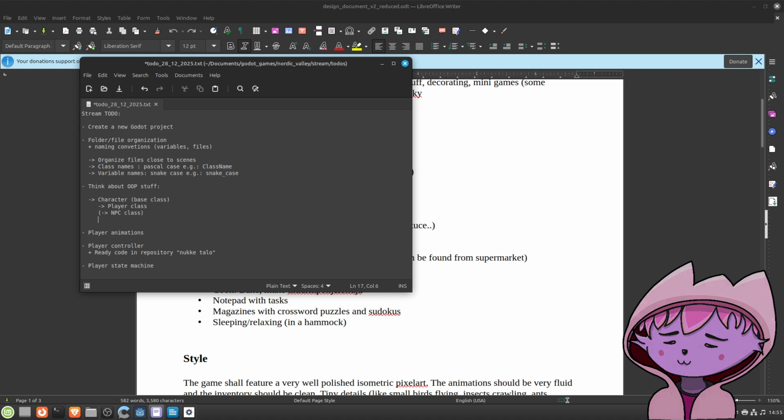And from the NPC class, we can derive then, I don't know, cottage neighbor. I don't know what it might be, cat or dog or whatever character, neighbors.